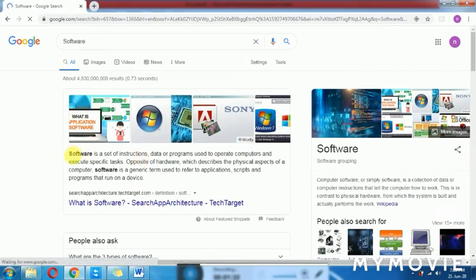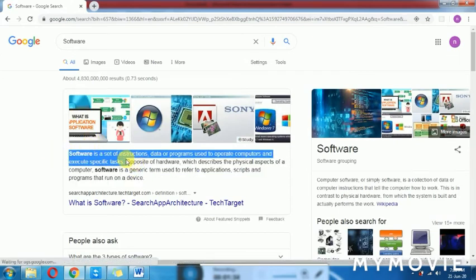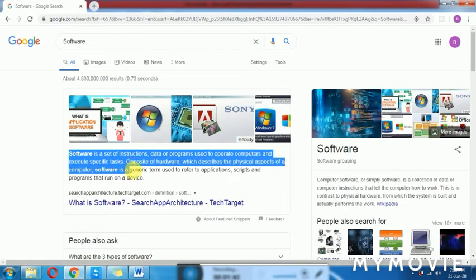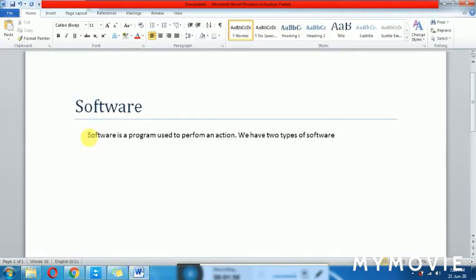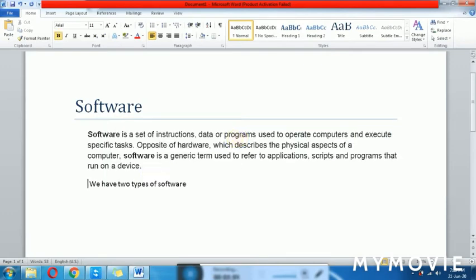Now I have entered the topic name in the Google search bar, and the description appears over here, so we can copy the text. Okay, now I'm going to copy the text from the internet. It's copied. Control C is for copy, and from here I press Control V for paste. Now our text has been pasted.